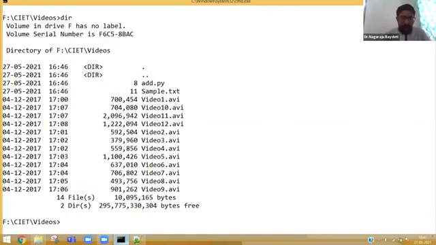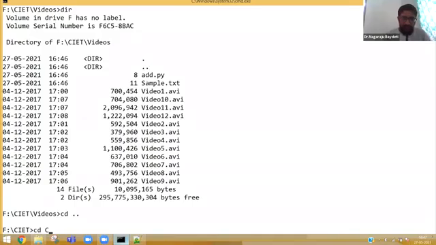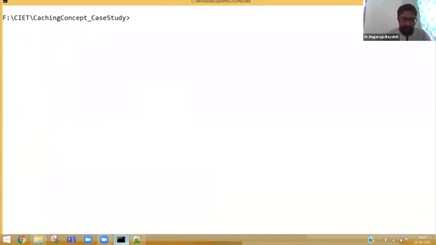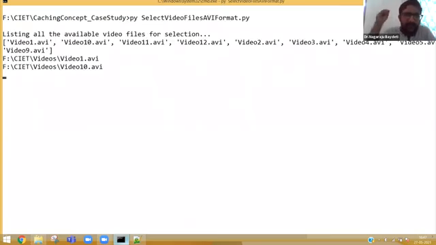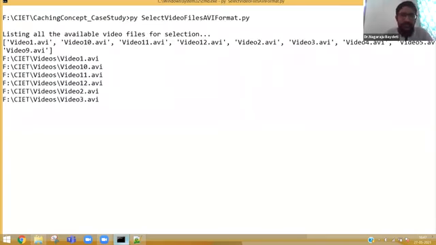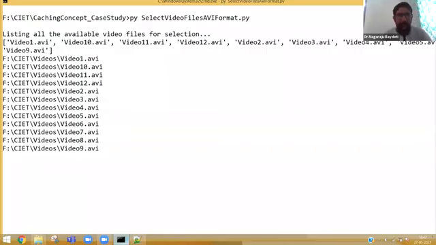Now let me come back and execute the same program with py. You can see only the video files will come. This part of the program is exclusively for searching a video file with .avi as extension. Even though 2 other files are there, this program will never bother about those files.